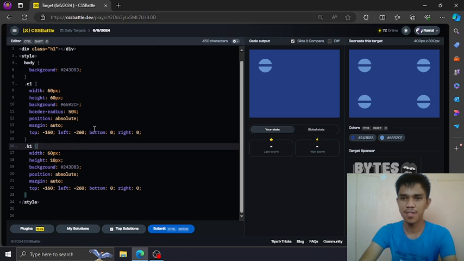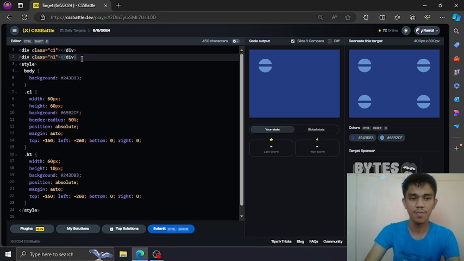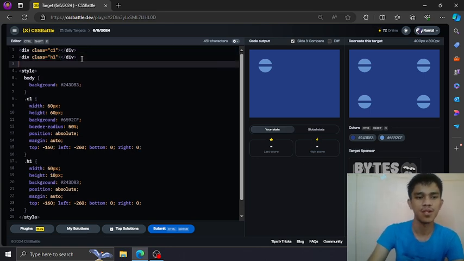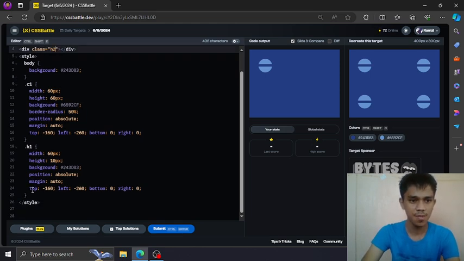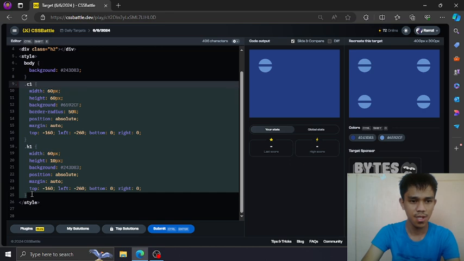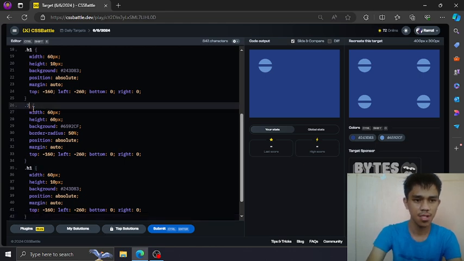Now we have 3 left. So just copy these 2 pairs. One pair. Okay. This is C2 and this is H2. Copy this first pair for the second pair, C2 and H2.